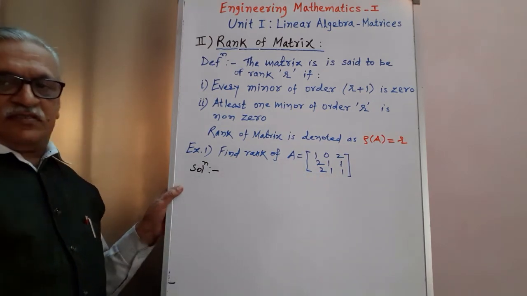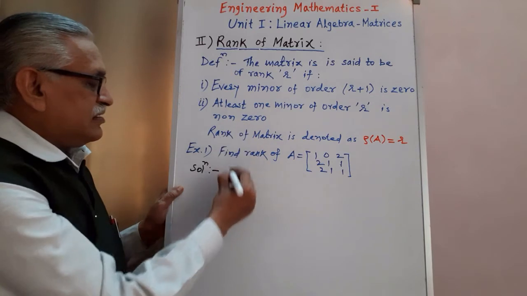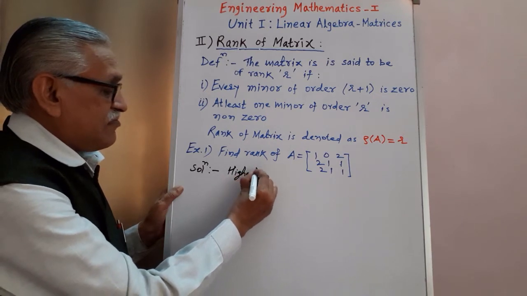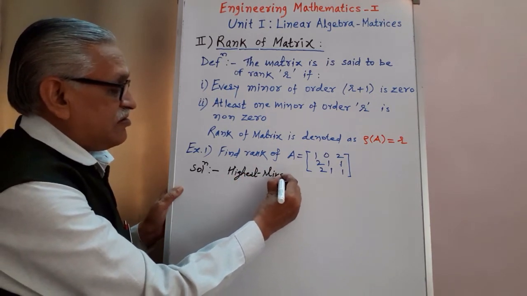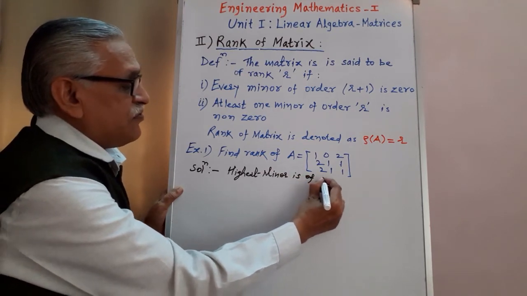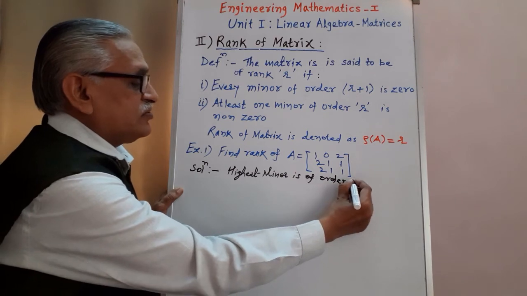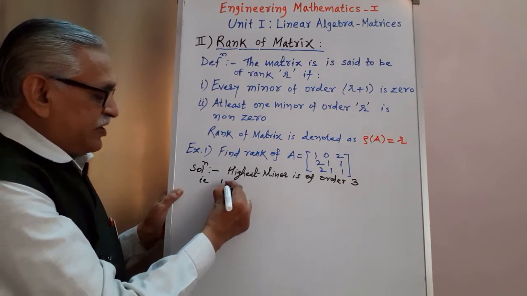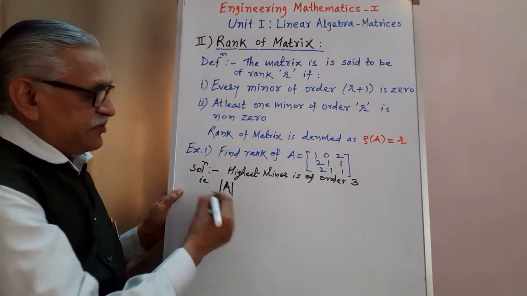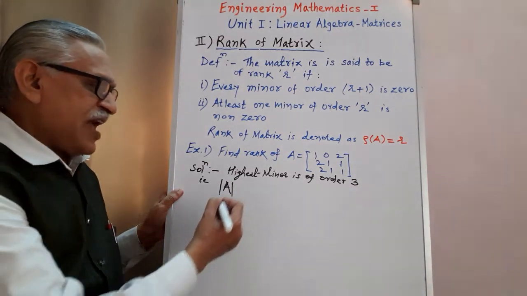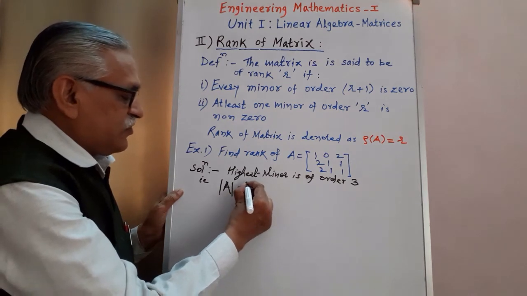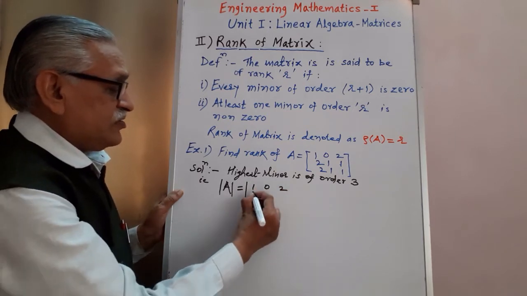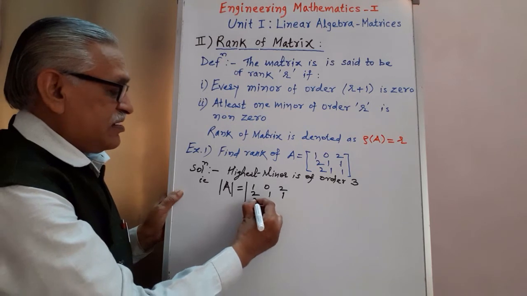As the order of that matrix is 3 by 3, we get the highest minor of order 3, and that is nothing but the determinant of A. Therefore, the determinant of A is the minor of order 3, which is the highest one, and therefore we try to find the value of determinant of A. Therefore, the determinant of 1 0 2, 2 1 1 and again 2 1 1,